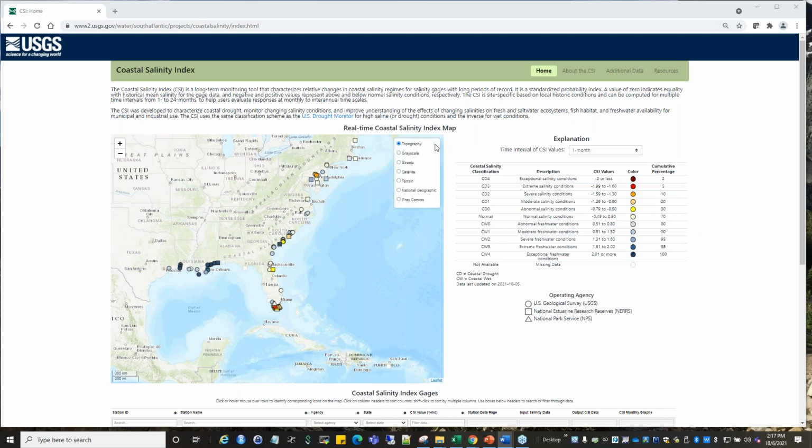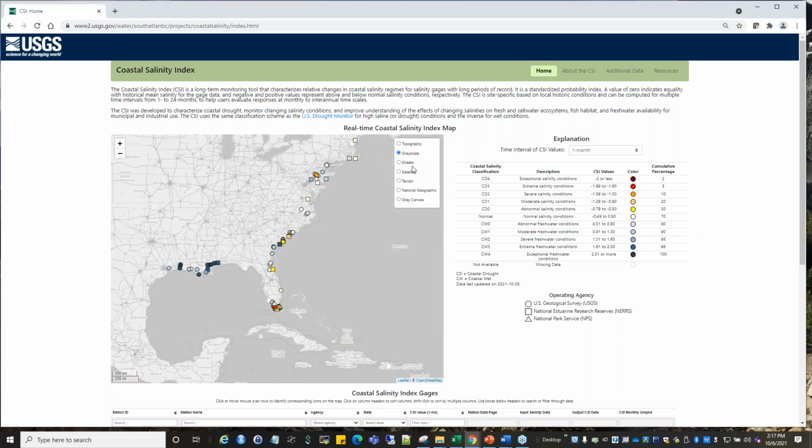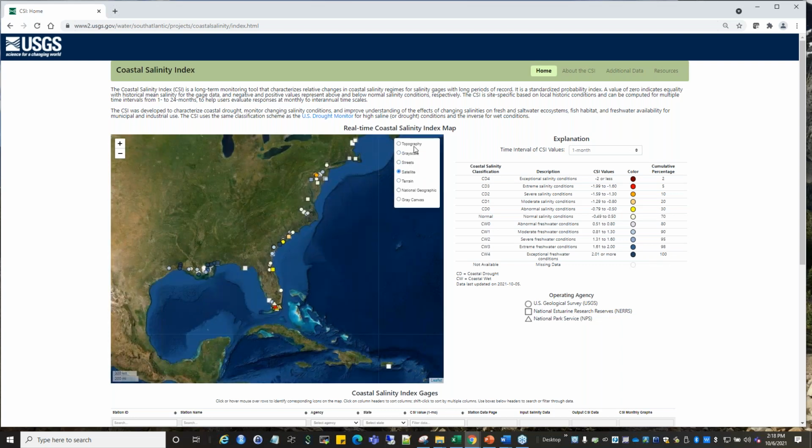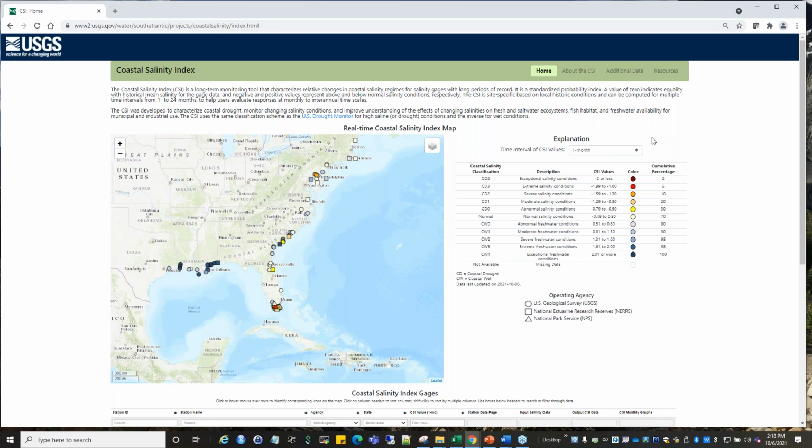The map allows you to change the background to different map types if you're interested. Over here on the right, we have the explanation box. This shows you the CSI time interval that's plotted on the map. The default is 1 month CSI intervals, but you can choose 1, 2, 3, and up to a 24-month interval. When you change it, we'll change it to a 3-month CSI interval, and that shows a 3-month CSI on the